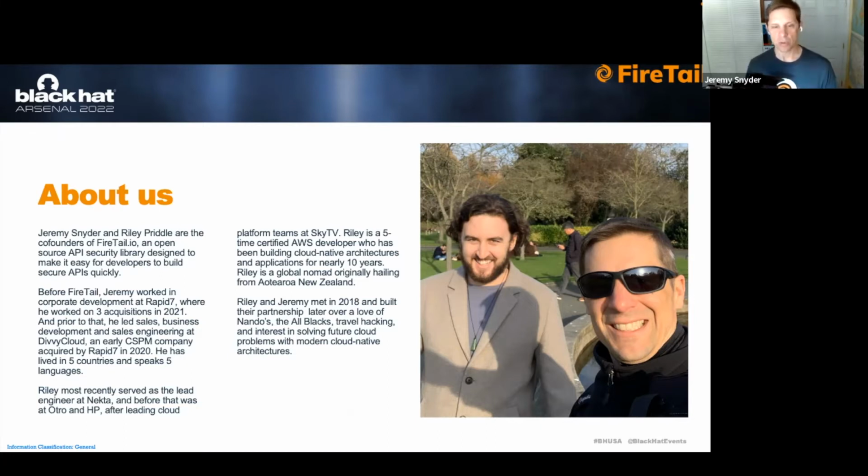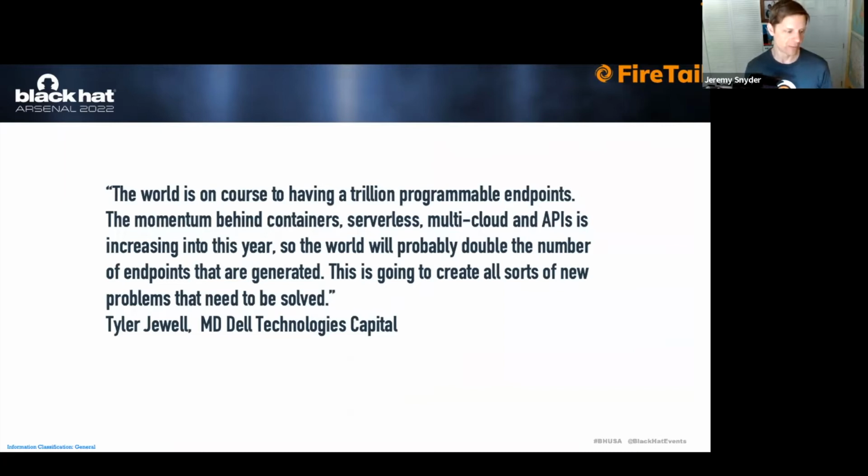So we started working on this project a little while ago, primarily observing a trend around the rise of API security technologies and the rise of APIs in general. Some of the data shows that we're on track to having 1 trillion programmable endpoints in the near-term future. These endpoints really refer to APIs, which are programmable endpoints. I think one thing that is not widely understood, perhaps, is that about 80% of all traffic flowing over the internet right now is API traffic.